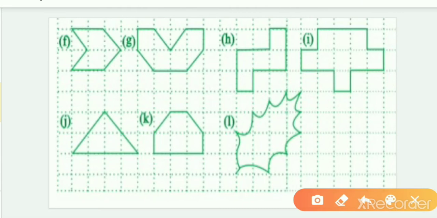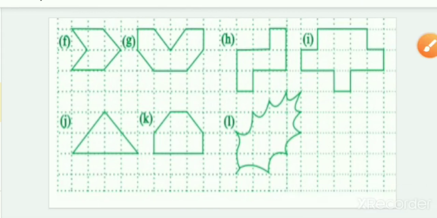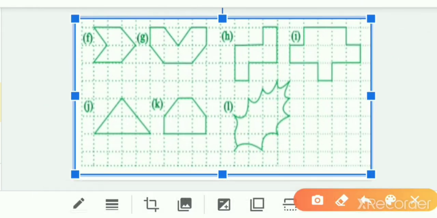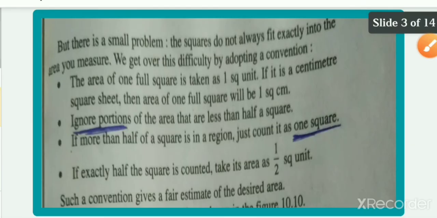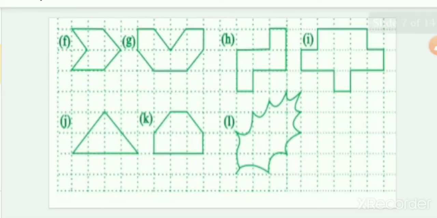It is very clearly seen that how many square box is completely visible here, fully filled, fully square. It is 1, sorry. You have to tell me how many fulfilled squares are here. 1, 2. 2 fulfilled squares are here, and how many half filled? 1, 2, 3, 4. 4 half filled are here, right? Yes. So 2 full squares are here and 4 half squares are here.